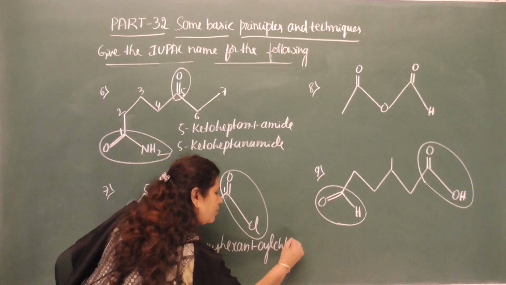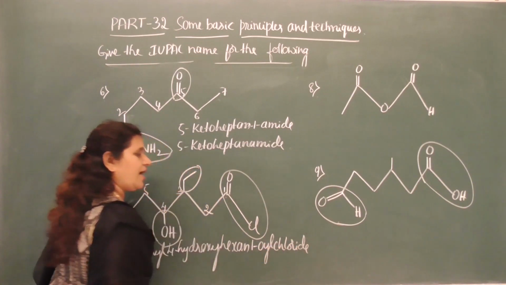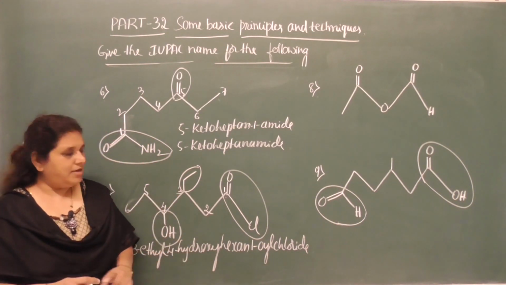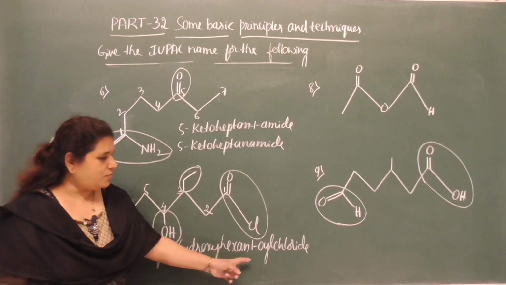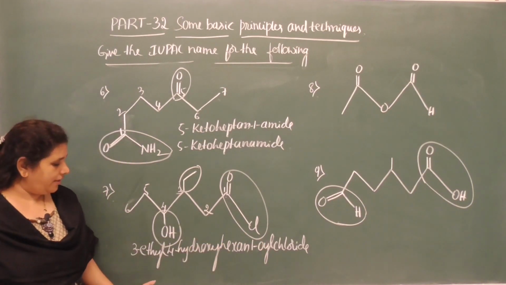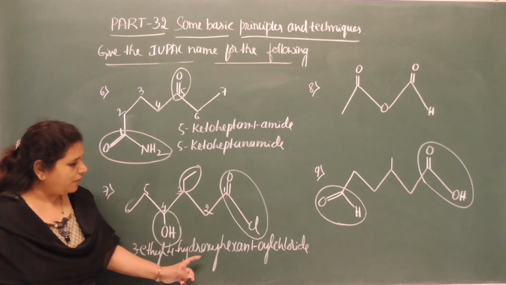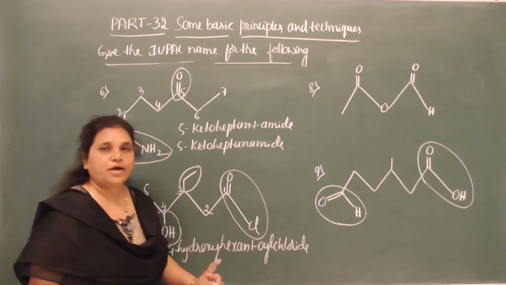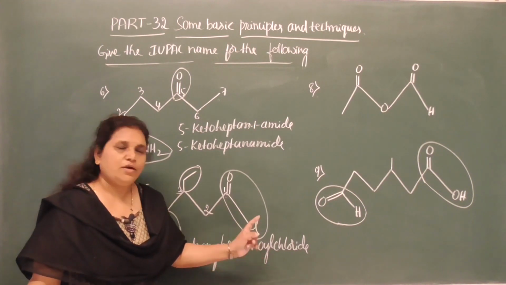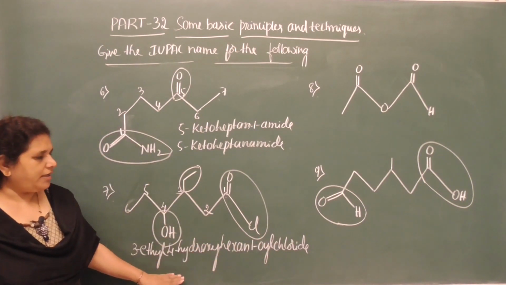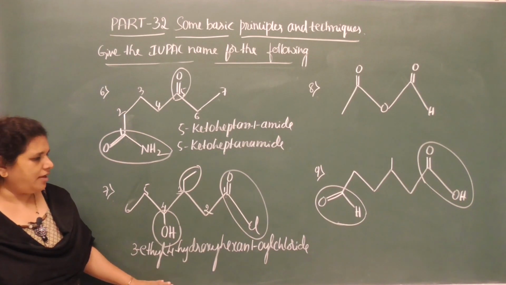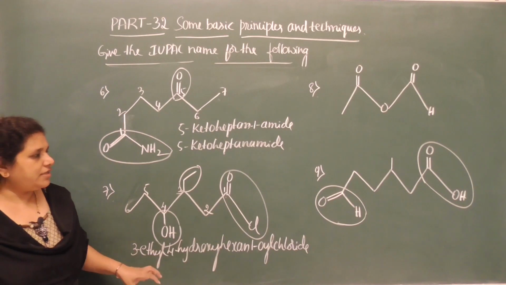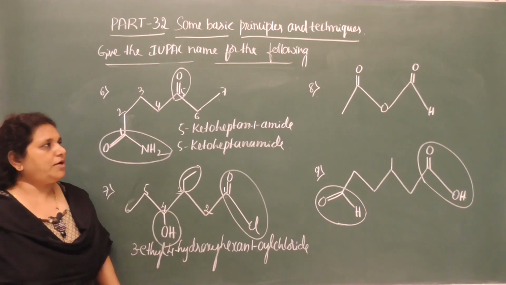1-oyl chloride. What is the secondary suffix for acid chloride? Oyl. Acid halide is oyl halide. Since chlorine is there, it is oyl chloride, or you can write it as 3-ethyl, 4-hydroxy, hexanoyl chloride. You can ignore the locant 1. So, hexanoyl chloride, that also you can write as the IUPAC name. Here also the carbon atom of the acid chloride group is considered part of the root word. Move on to the next one.